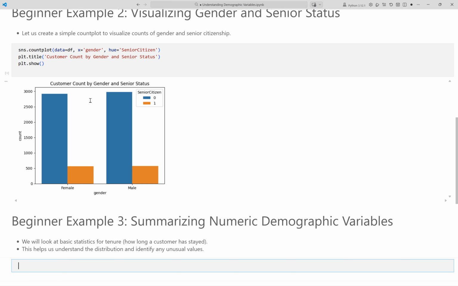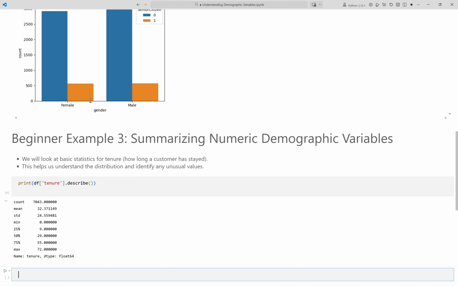We print summary statistics for the tenure demographic variable. This summary shows that the tenure variable has data for 7,043 customers, with an average tenure